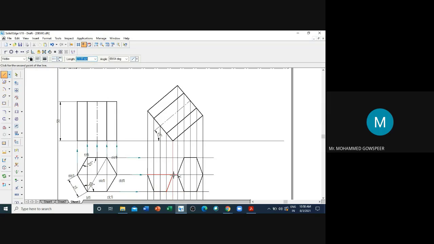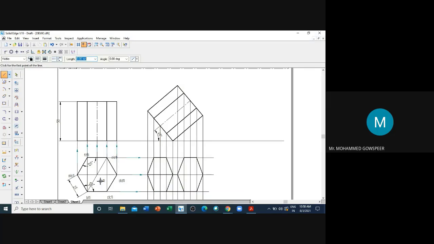Now we'll draw the base. Later I'll convert into hidden lines. Next, this one, B to B1 visible.